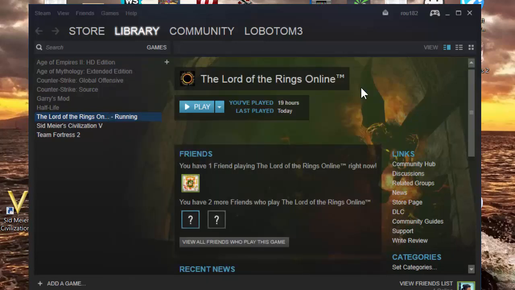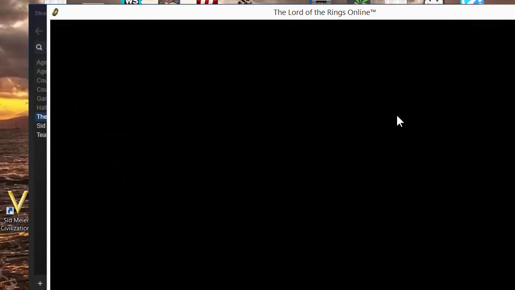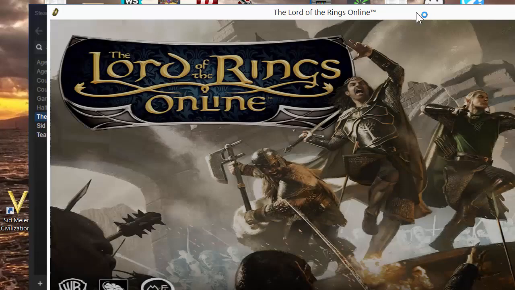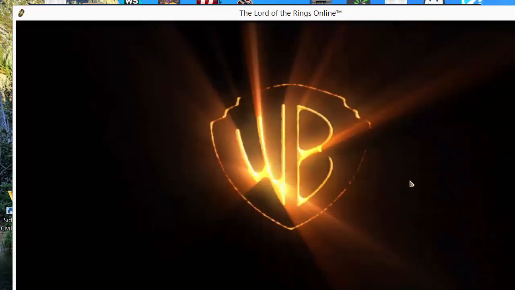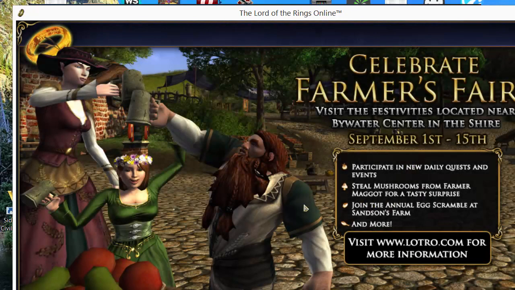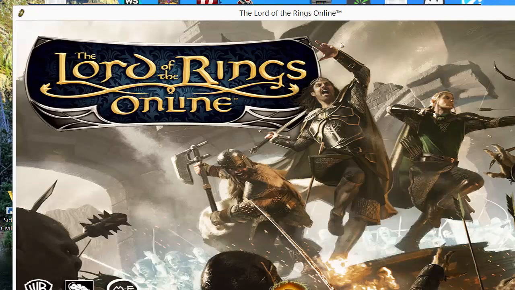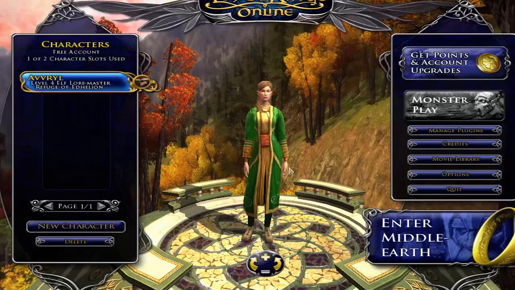Now in previous instances, that's where the program wouldn't launch, or it would launch on a monitor that is not of your preference. So I'm going to show you how to address that. Right now, after having implemented the fix, I have the game running on windowed mode. So I'm just going to go ahead and log in real quick. Once the game launches, I have it windowed now, but it will probably show full screen the first time that